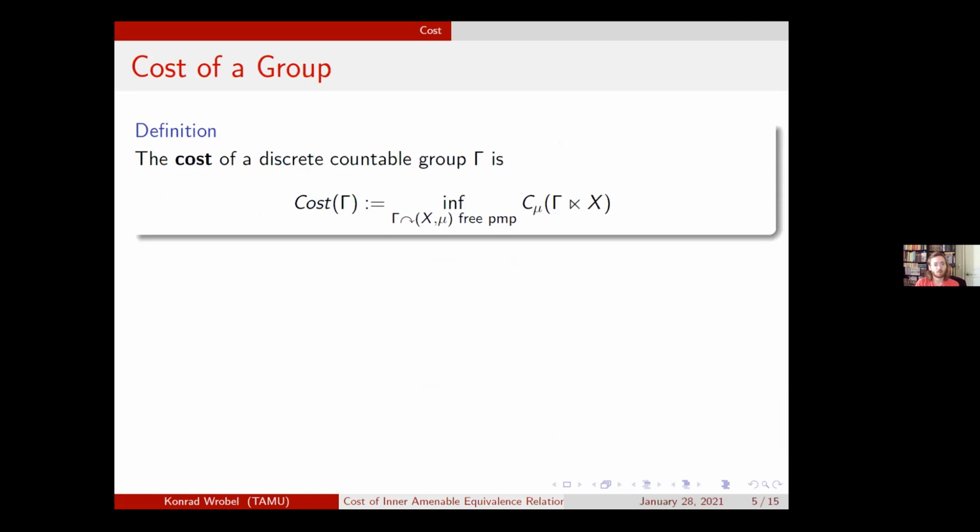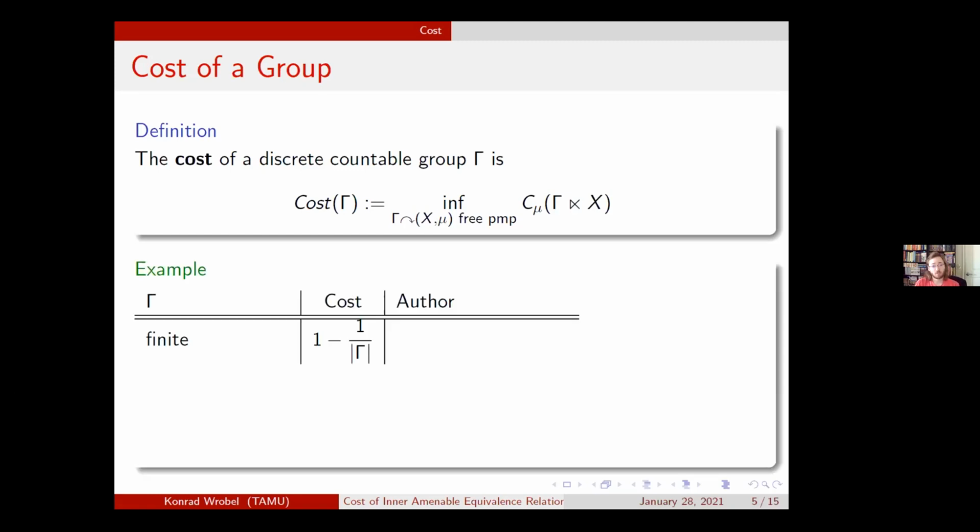In fact, for most of the examples I'm going to give, the infimum is not necessary. It in fact matches up exactly. So you can think of cost as just the cost of any one of these free PMP actions. But I'll point out the case where it's unknown. So first off,